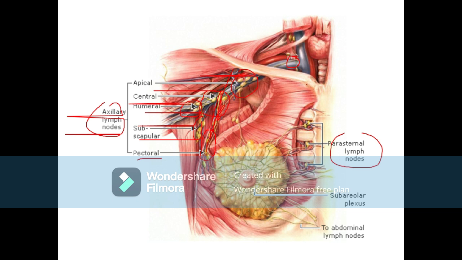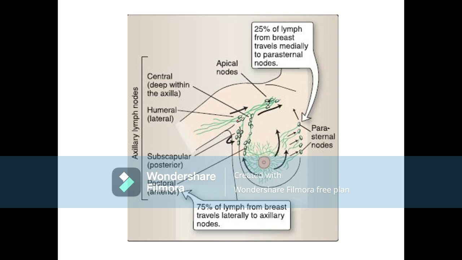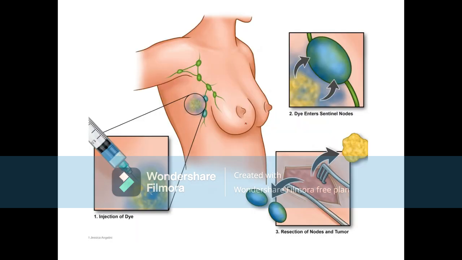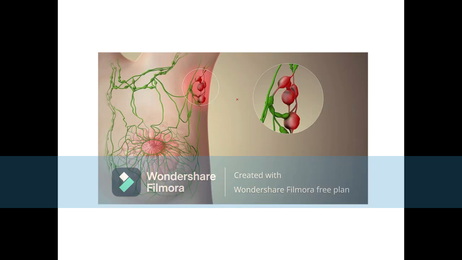This lymphatic system is important in diagnosis, especially in cases of cancer. We talk of the sentinel node biopsy, done during treatment of cancers, because usually if the cancer originates from the breast, maybe from the ducts or from the lobules, it can spread through these lymphatic vessels and attack these lymph nodes, causing their swelling and inflammation. So usually the lymph nodes affected